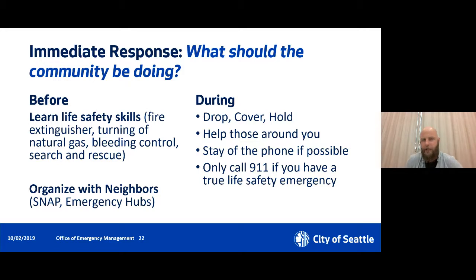And then the other thing is organizing with neighbors, and this is along those same lines. We have our SNAP program, Seattle Neighborhoods Actively Prepare, and then there's the Community Emergency Hub program in the city. SNAP is our program that focuses on talking to people that live on the same block or in the same apartment building, and giving them tools and resources for how they can organize together so that they can respond in their building, respond in their block, put out fires, take care of natural gas, first aid, those types of things. Again, with the goal of helping each other while firefighters and police are out dealing with the biggest problems that exist. Community emergency hubs, if you're not familiar, there's also a link to the hub site in the list that was provided.